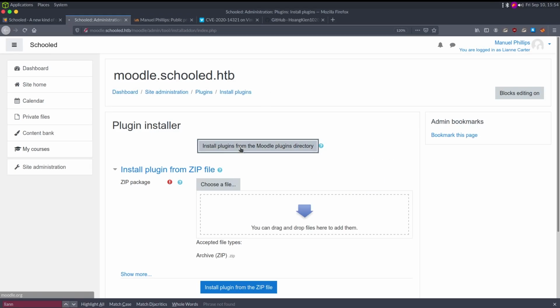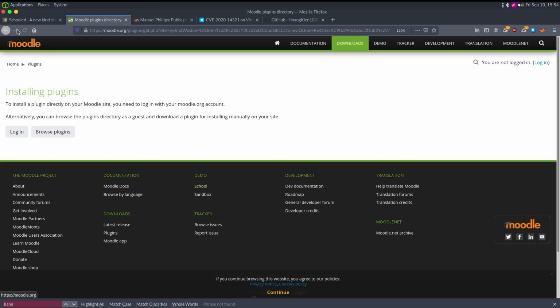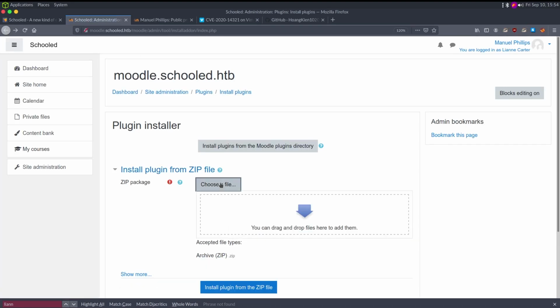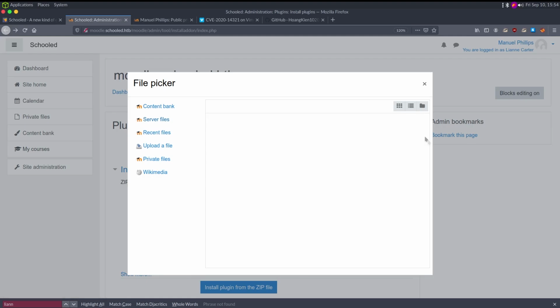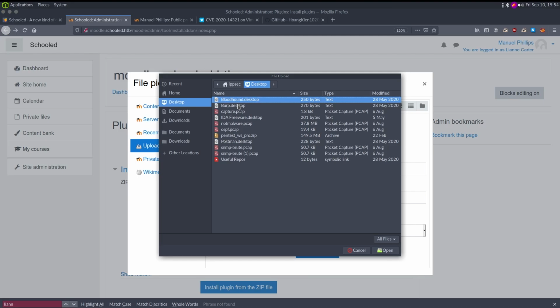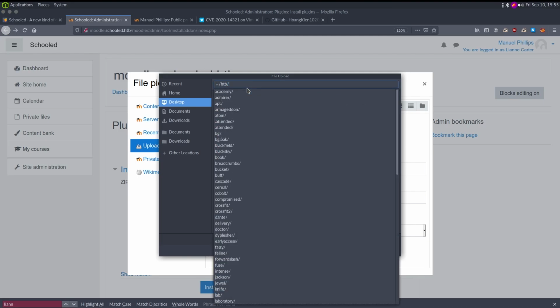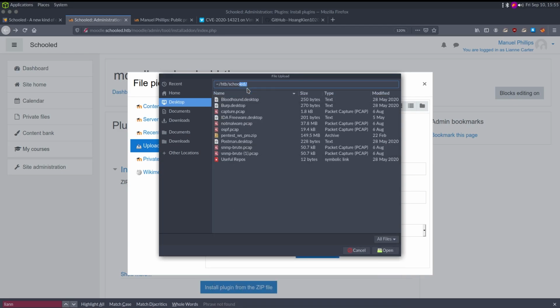So install plugin. Oh, no, not Moodle directory. Zip. And where do we upload our own? Upload a file. Browse. And then we want to HTTP